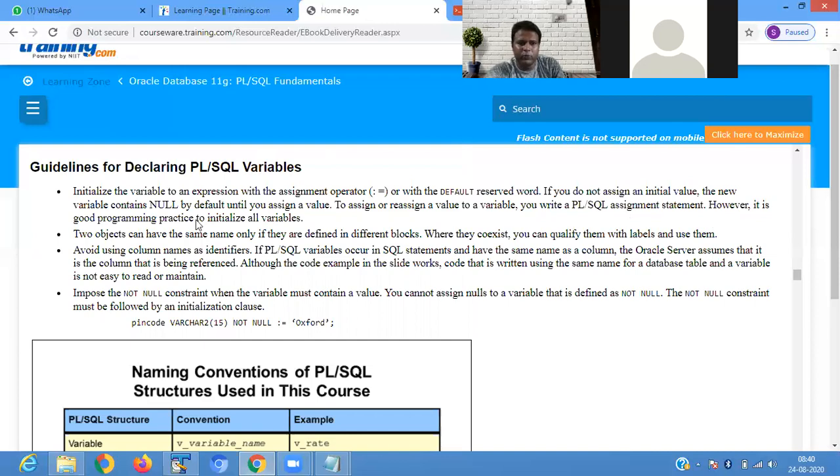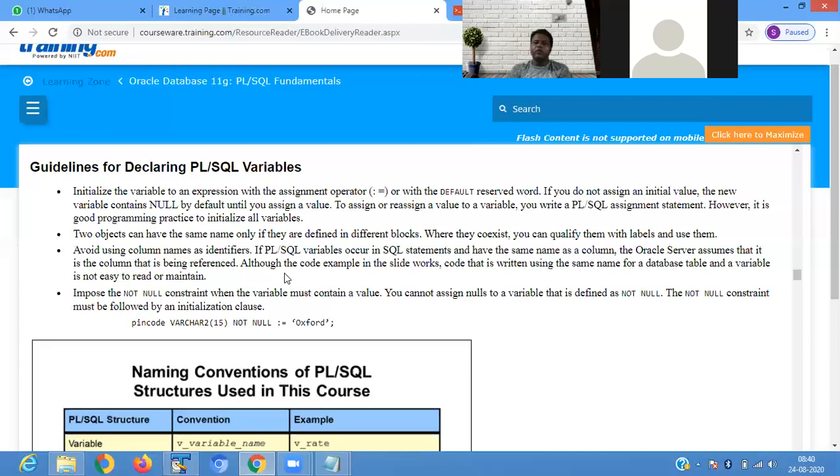However, it is a good programming practice to initialize all the variables. Two objects can have the same name only if they are defined in different blocks. Where they can coexist, you can qualify them with a label and use them.